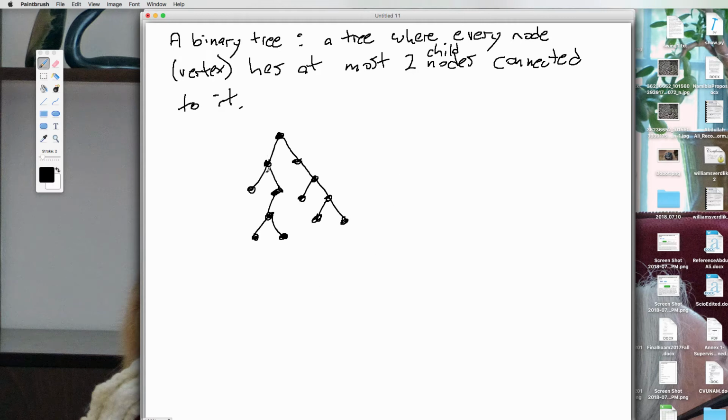So we can see over here, first of all, that this is connected. We can see that there are no cycles in it. And if we pick out any node, we can see that any node has at most 2 children. Some of them only have 1. This is a binary tree. And lastly,